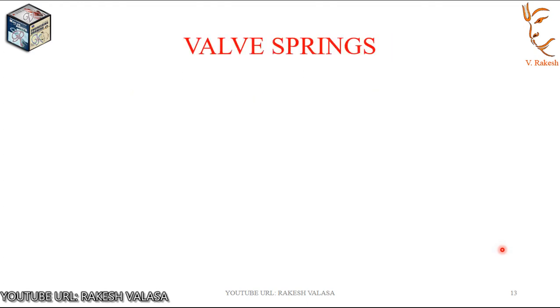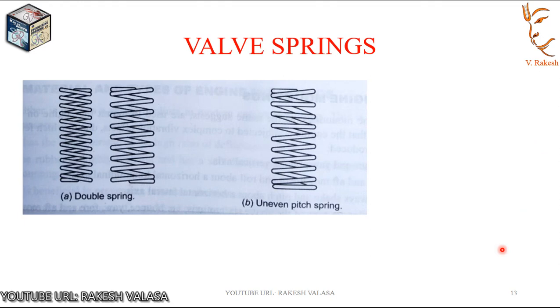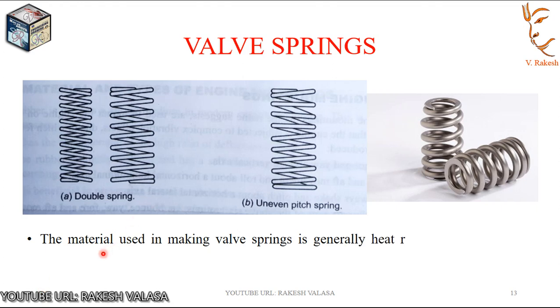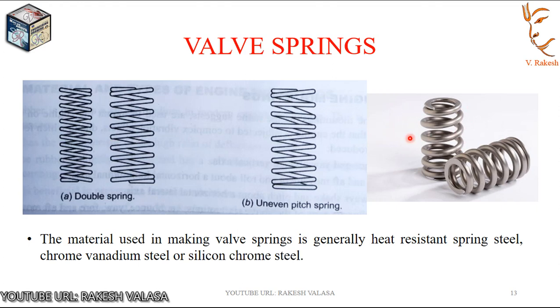Last topic is valve springs. See here, these are the different types of valve springs available in IC engines. The valve spring is used to close the valve. The valve springs need to provide a spring force that rapidly and precisely closes the valve in accordance with the cam movement. Since they are repeatedly compressed and released